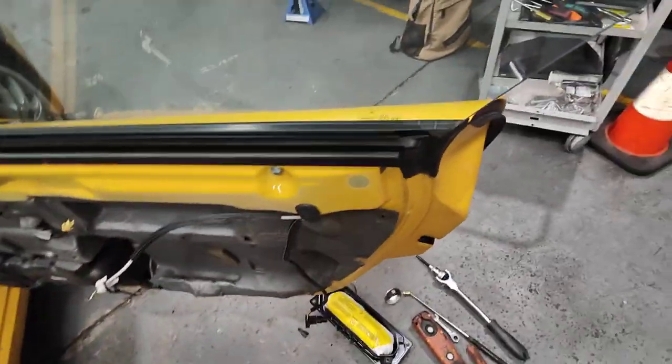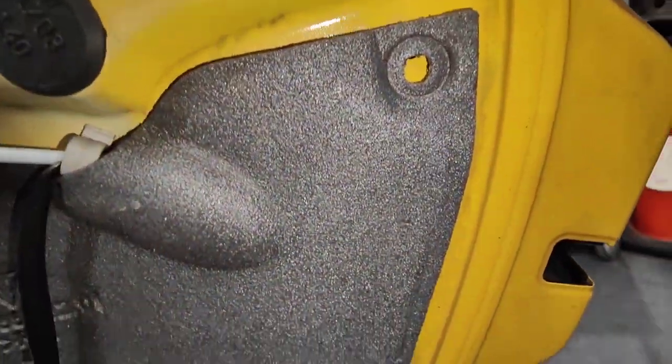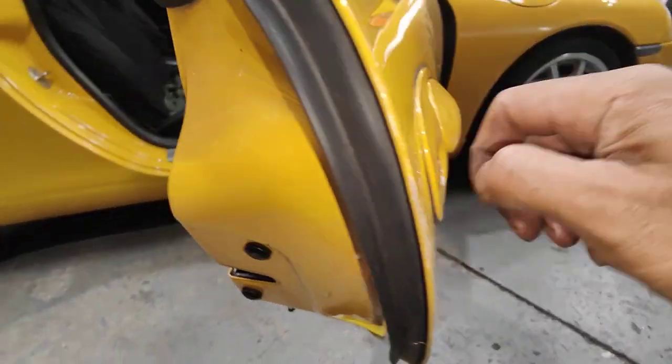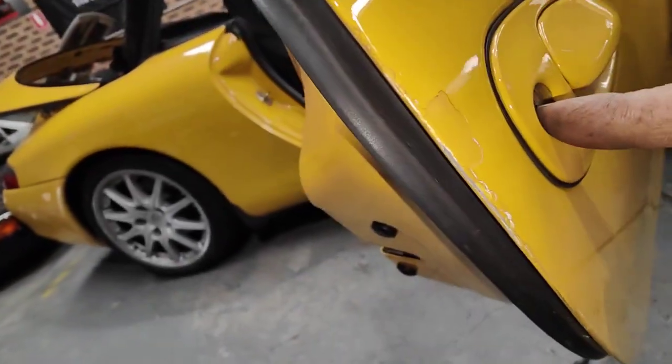It came about. I've got this Porsche 996 with the extra door lock problem. Customer was trying to lock the car up from the outside here. Just keeps spinning here, so